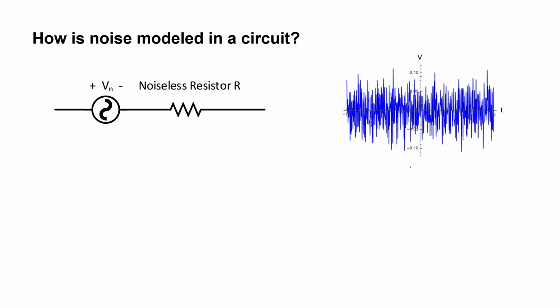Now the resistor here is important because without a resistor, you have no way to dissipate power and you're not going to have any noise. Consider, for example, a length of a superconducting wire sitting near absolute zero. If I launch an electron down that superconductor, the electron's just going to carry on moving at whatever initial velocity I give it. The electron's not going to impact other electrons, it's not going to change direction, and it's not going to scatter around. If an electron doesn't change direction, we're not going to have this AC current flow that's typical of noise, like what we're plotting here. For these reasons, it's necessary to have a resistor inside the circuit fragment.